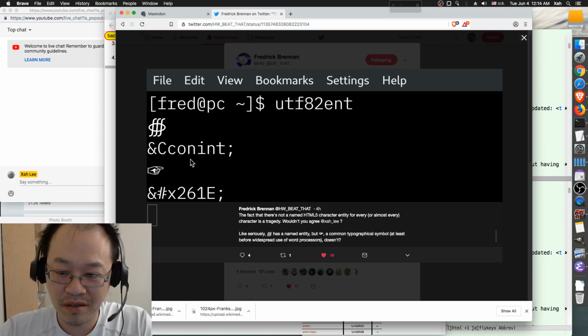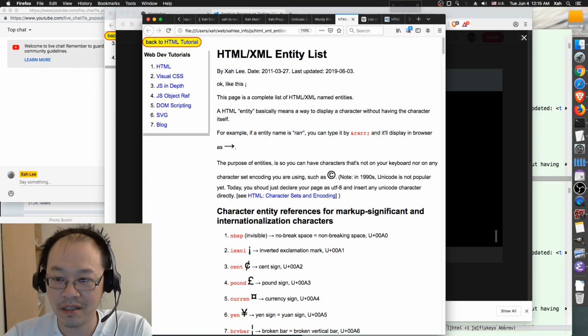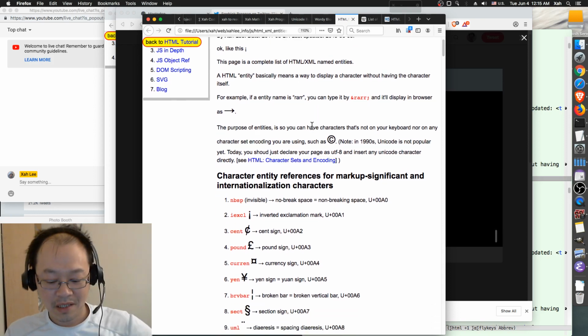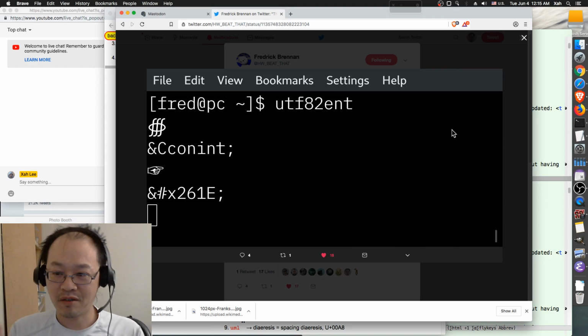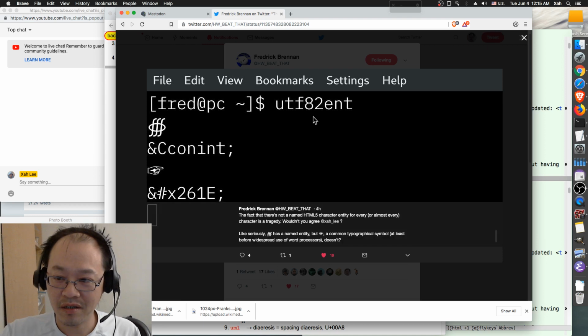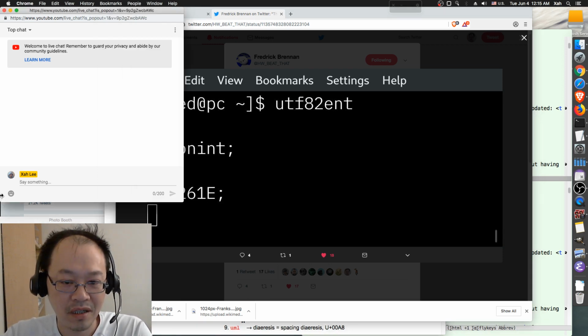You can use either one of these. Let me summarize: I learned two things. Now we have a bunch of new entities, and also there's this UTF-8 to ENT